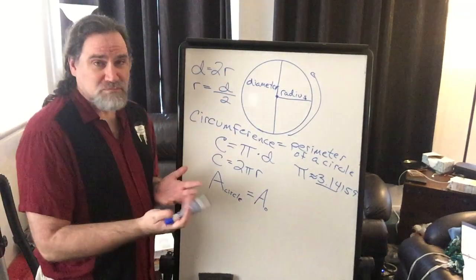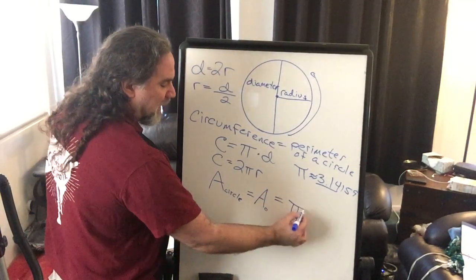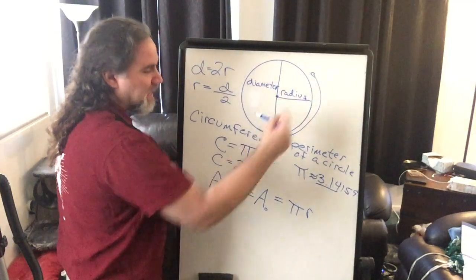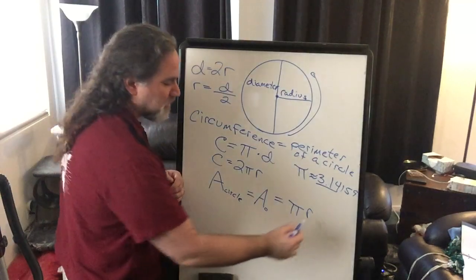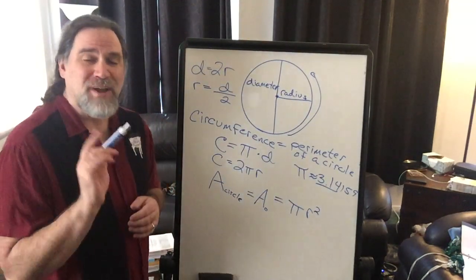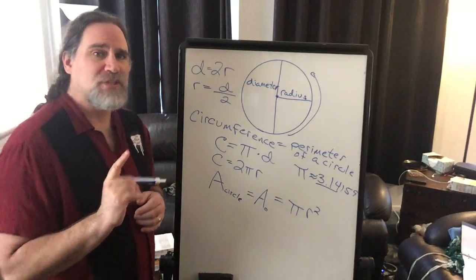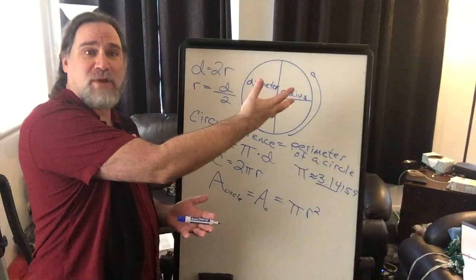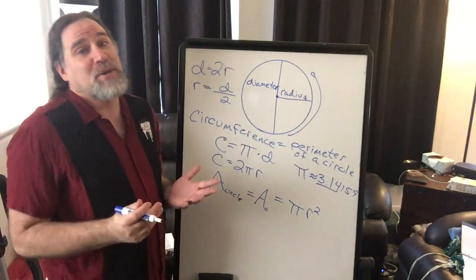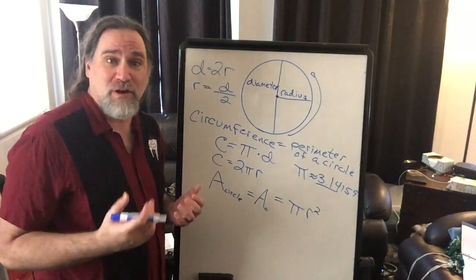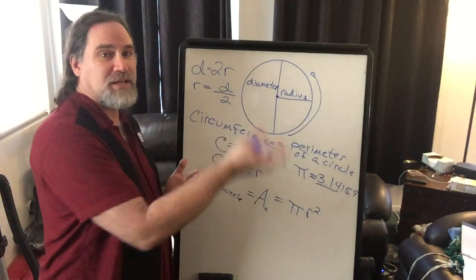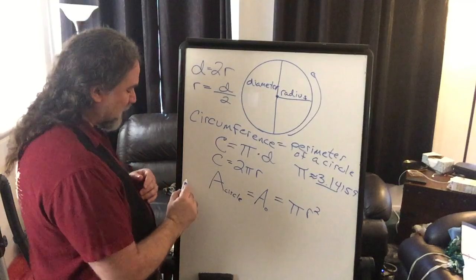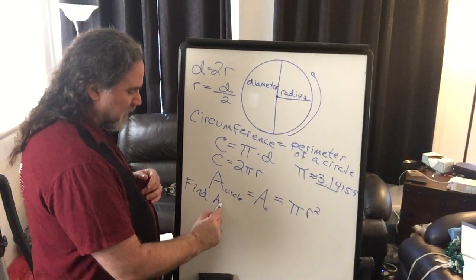So area of a circle is, again, pi, 3.14159, times the radius, halfway from the center to the edge, squared. Remember, area is always squared. It's always got square units, even though it's a circle. Seems strange to say squared. We have a round object, and our units are going to be squared. But that's the way area works. Whenever you're finding an area of something, you're always going to be finding it in this setting. So the last little bit here, I might say find area